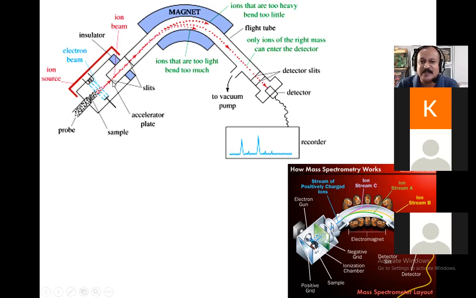Okay, and then these ions are all allowed to go through this magnetic deflection analyzer. Because of the magnetic force or the electrostatic charges, it could be both, the different types of ions are deflected to varying degrees, and only a certain type of ion is allowed to pass through the slit into the detector. So by varying the electric voltage, one by one, the different ions will be allowed. If they are all positively charged, then they will be allowed to go to the detector one by one.